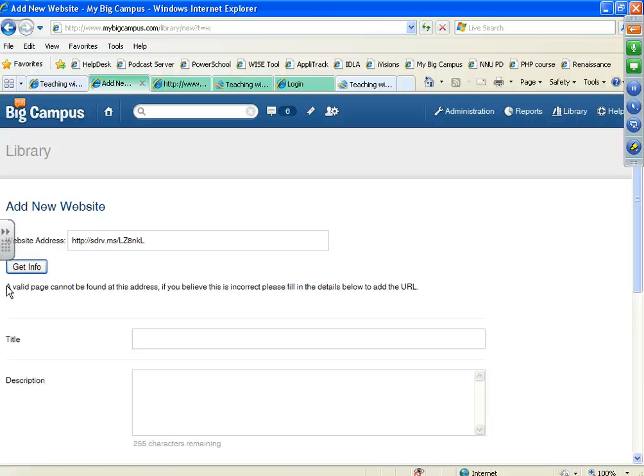Now when I click Get Info, it's not really going to have any information about that document because it's not a true web page. So it's going to come up with this message saying it can't find a valid page, but if the address is correct, fill in the details. Okay, and again, the reason for that is when somebody actually creates a true web page,